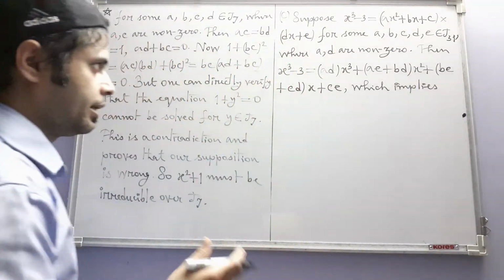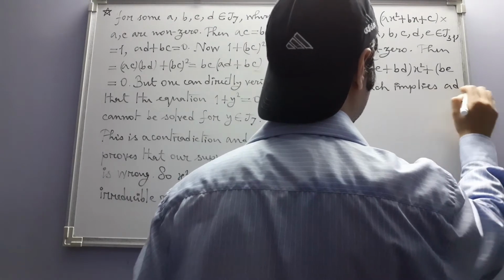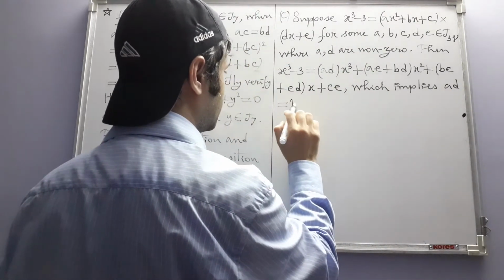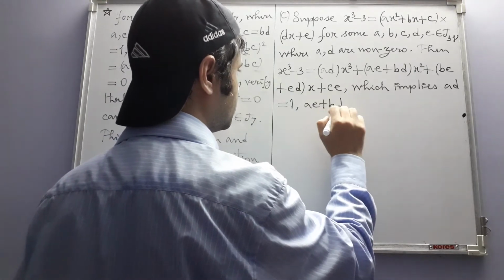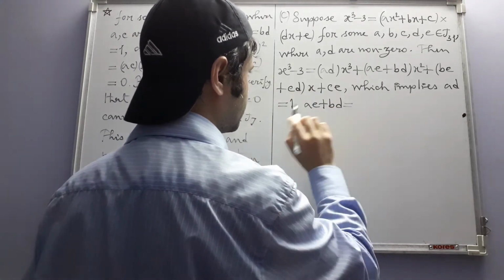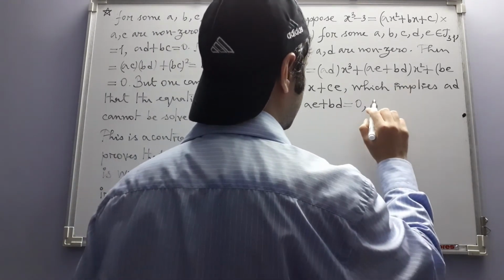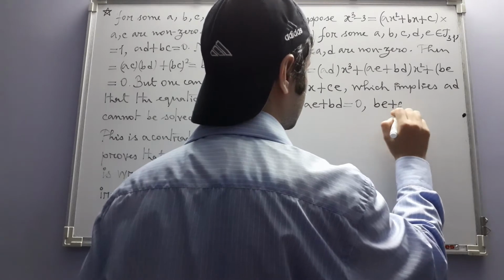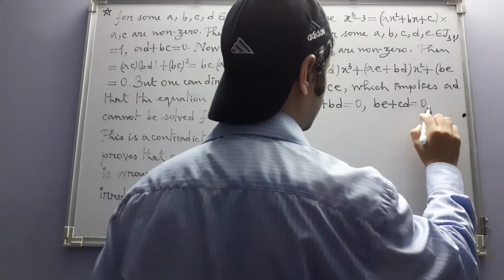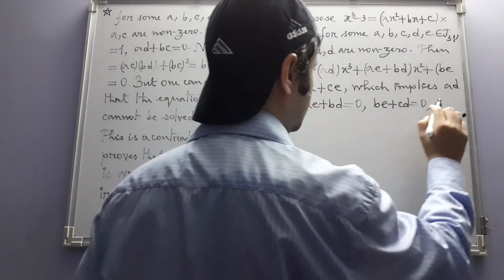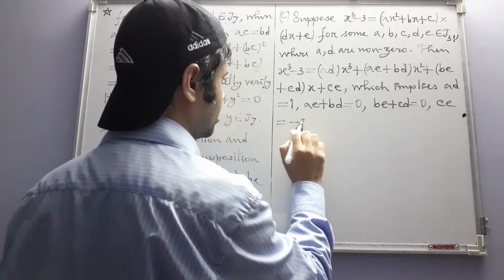Which implies, again we will equate like coefficients. So AD is equal to 1, AE plus BD is 0, there is no x square term here on the left side, and BE plus CD is also equal to 0, there is no x term either, and finally CE is equal to minus 3,